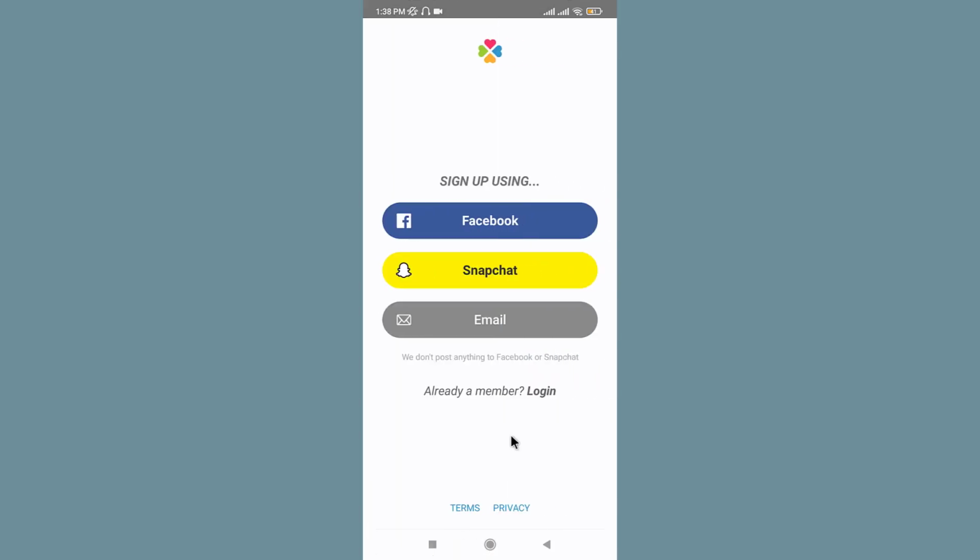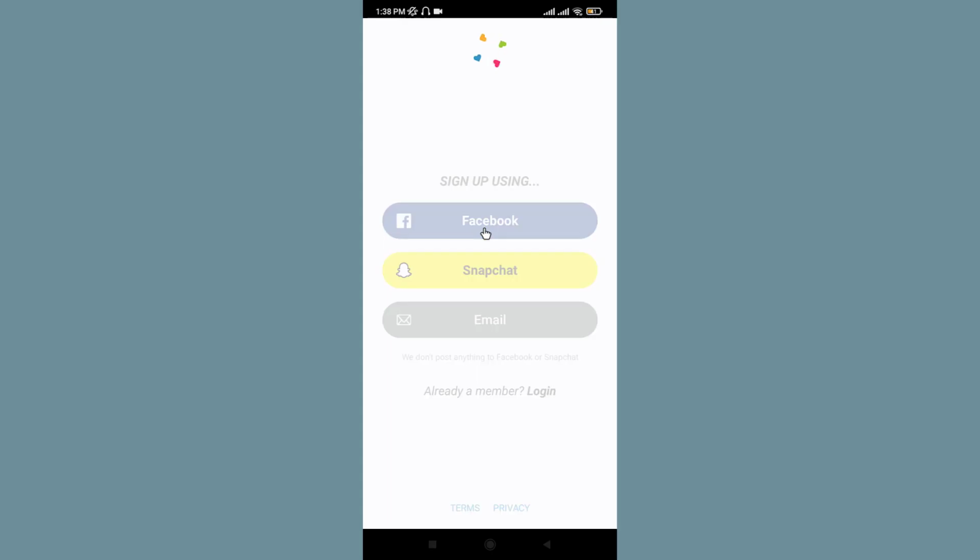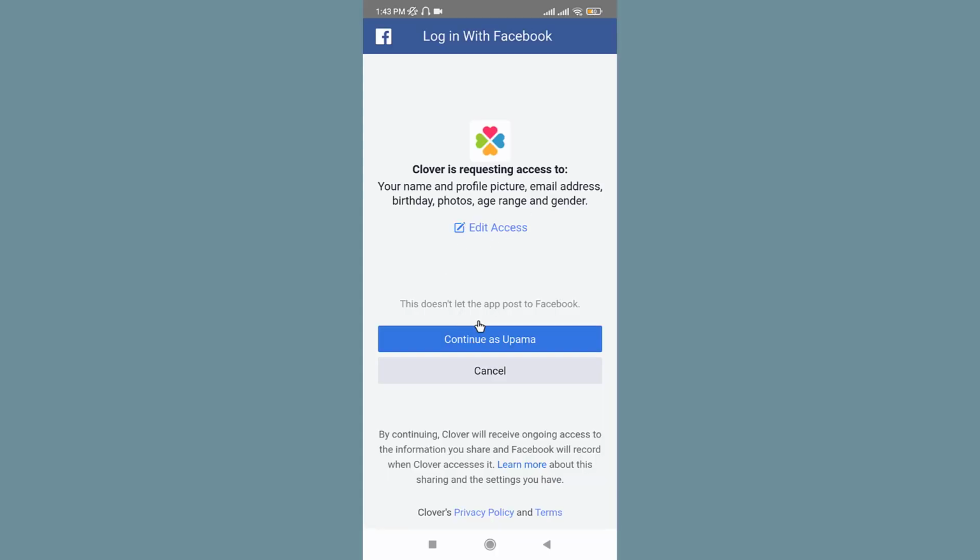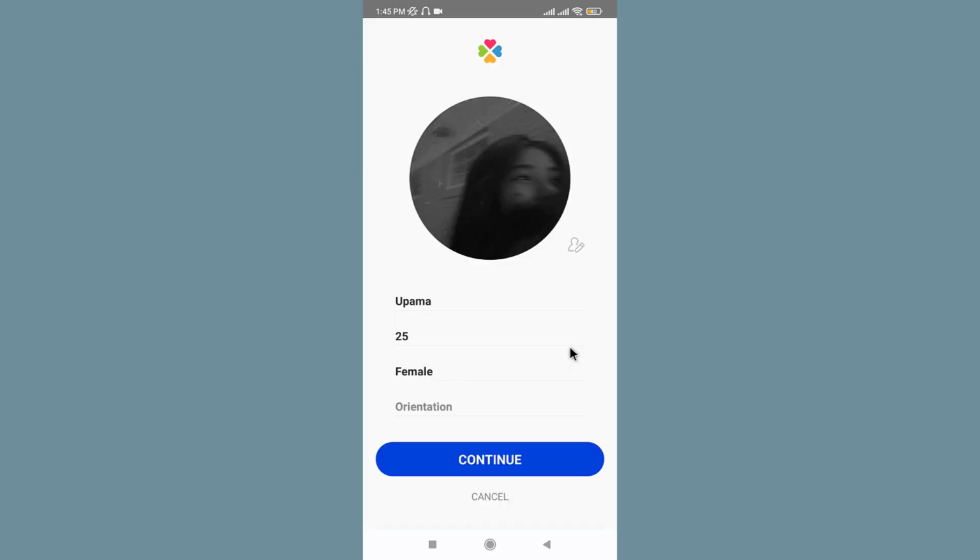And here simply create an account by either entering an email address and creating a password, or you can directly log in with your existing Facebook or Snapchat account. Clover will request access to your Facebook account, so if you want to approve it, go and tap on continue. Now the users are directed to the settings of the profile, where they will fill out basic fields of